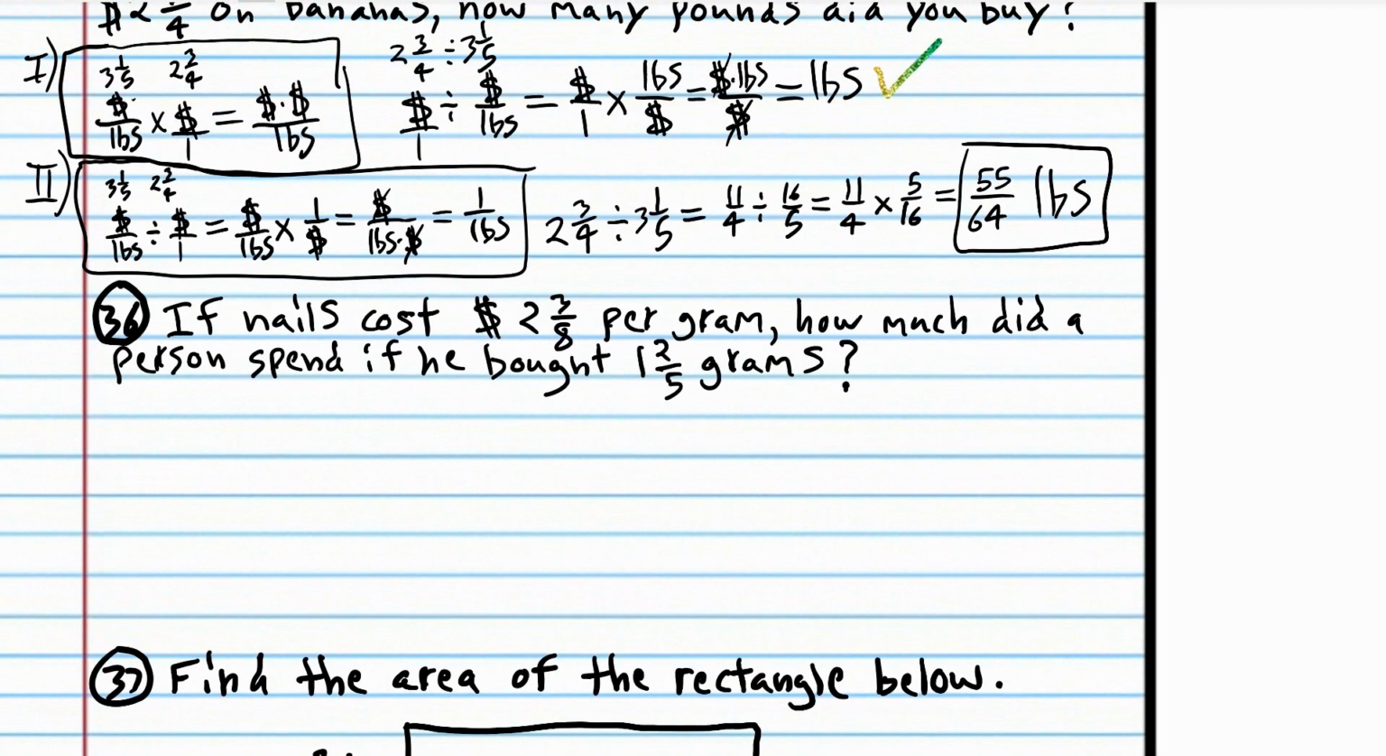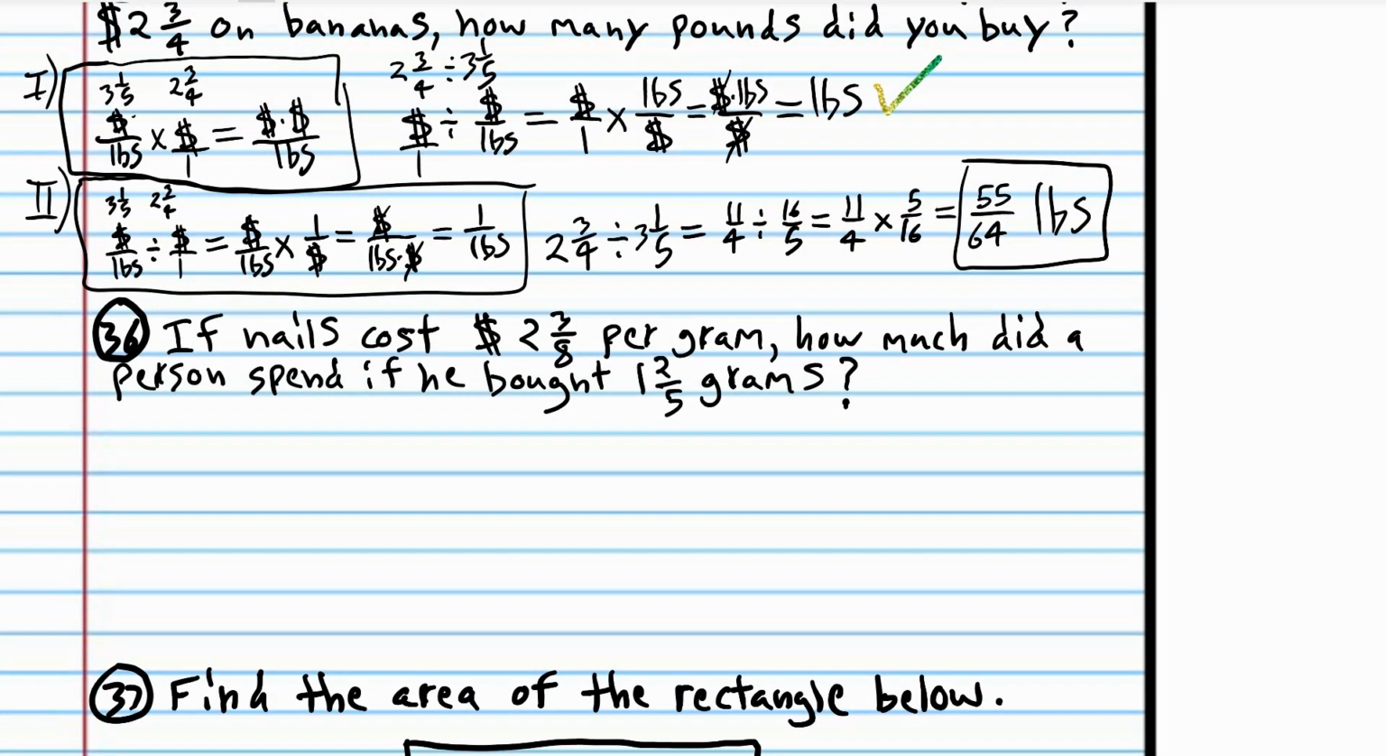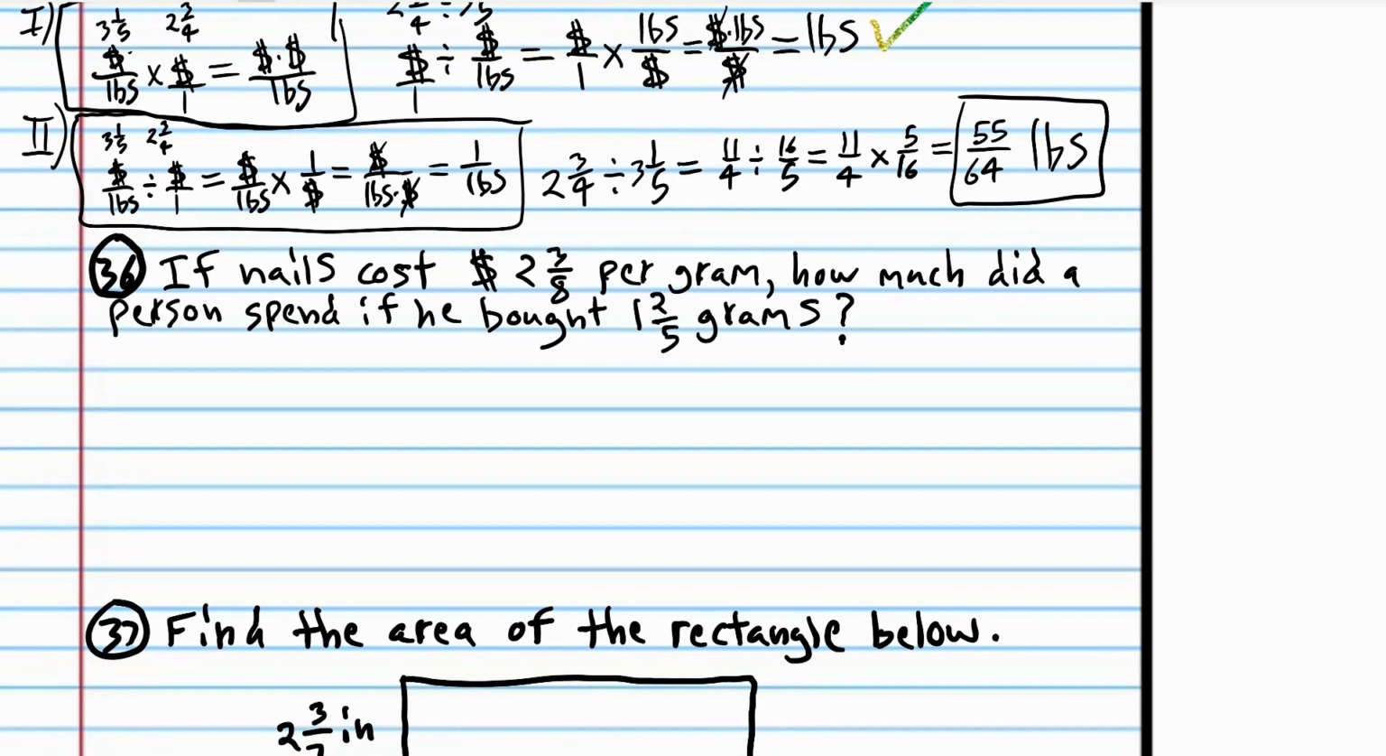If nails cost 2 3/8 per gram, how much did a person spend if he bought 1 2/5 grams? So you can try this one on your own if you want. Pause the video. Or you can just do it with me, and then you can do the next 2 or 3 problems. All right, so if nails cost 2 3/8 per gram, and by the way, I want to mention something else. Another way that you can do this,